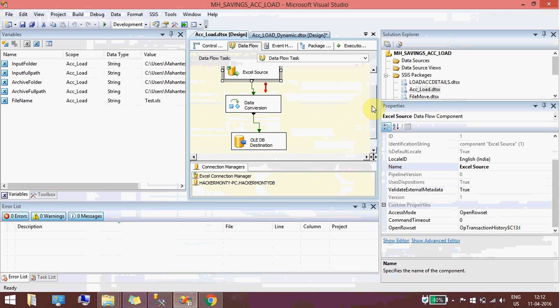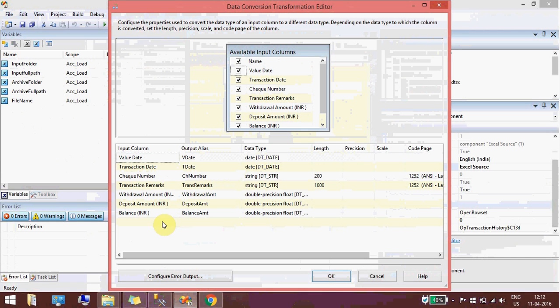Otherwise you will not be loading complete data sometimes. So after that you are defining which is date, because whatever data you are getting from Excel is mostly a string or something. Once you connect that source to data conversion, it automatically takes some other data types.